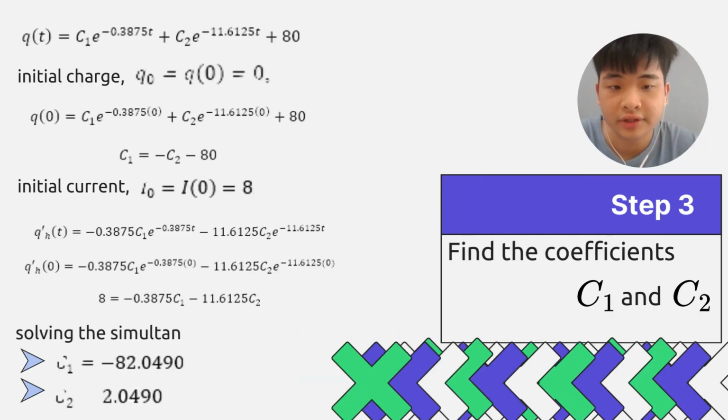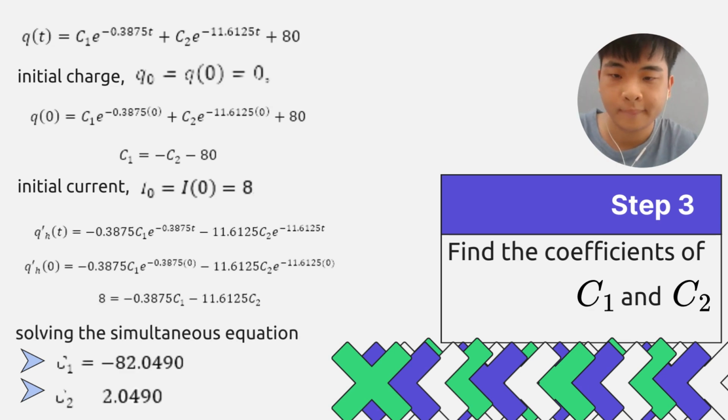Next, we need to find the coefficients C1 and C2. At first, we assume that the initial charge Q(0) is equal to 0, and then we substitute into the equation and find that C1 is equal to negative C2 minus 80. The initial current is equal to 8, and current is also the rate of change of charge. So we need to differentiate our solution once, and we substitute 8 into it, and we find that